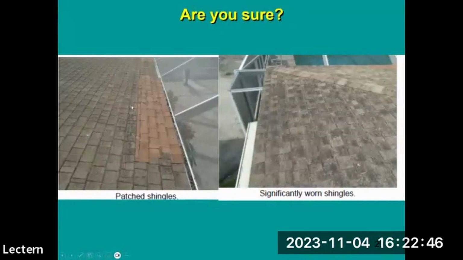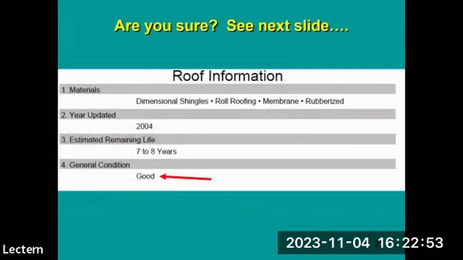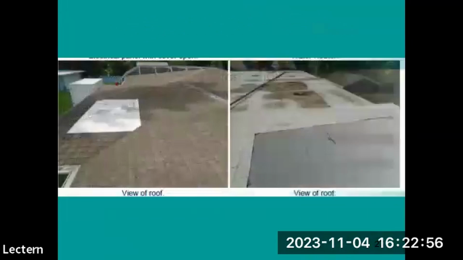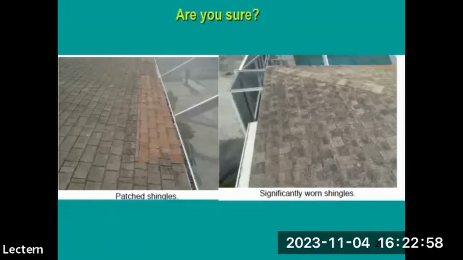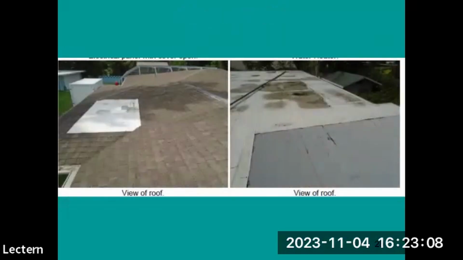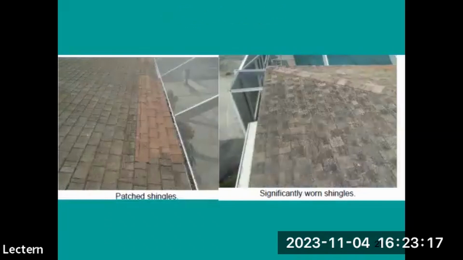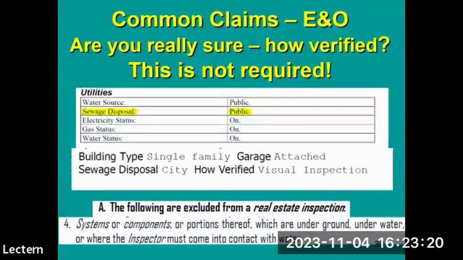This is the same report. Wait a minute. Yep, it says good. Like, okay. Significantly worn shingles, patched shingles. 7 to 8 years? Wait a minute. How much remaining life? 7 to 8 years? Really? In Florida? Anywhere. Anyway, so,